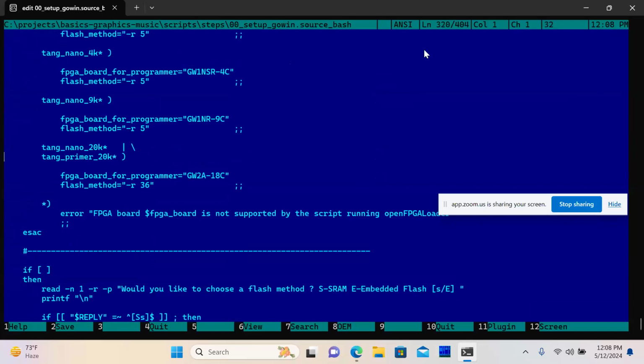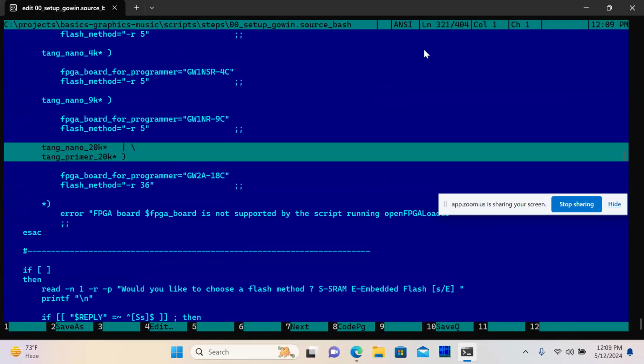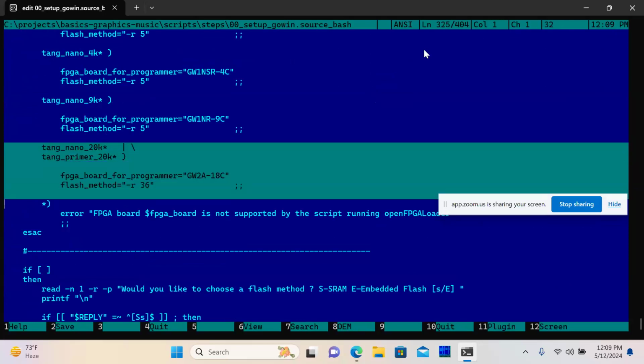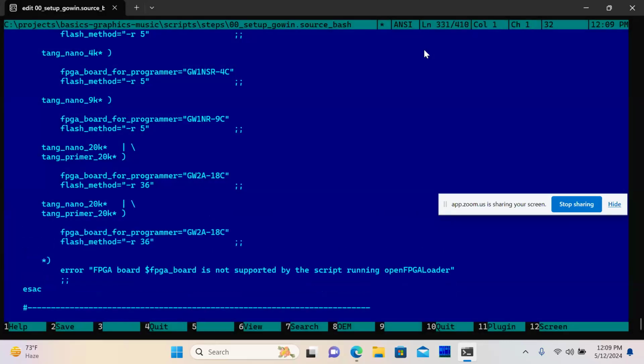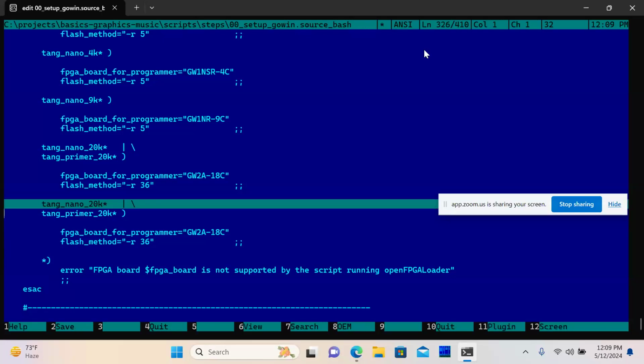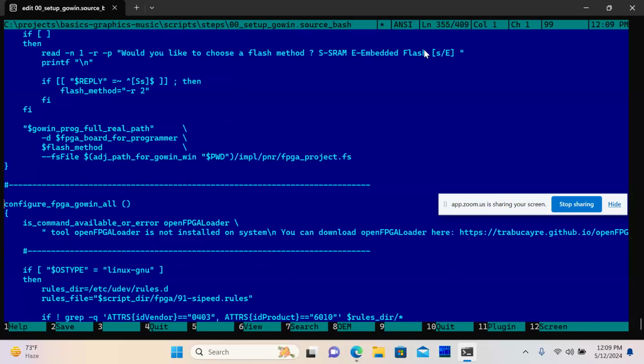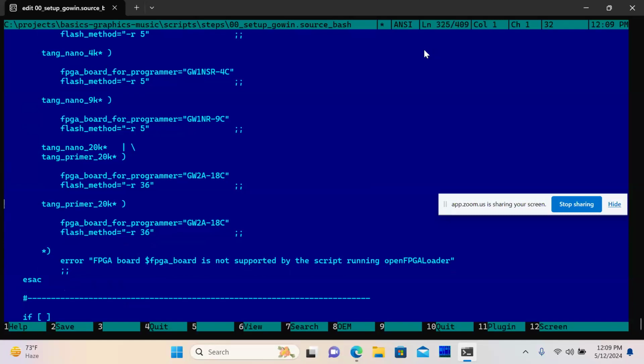So let's modify script and let's see whether it works. Because this is so new, I'm still fixing bugs in this thing. So let's put Tang Primer 25K,